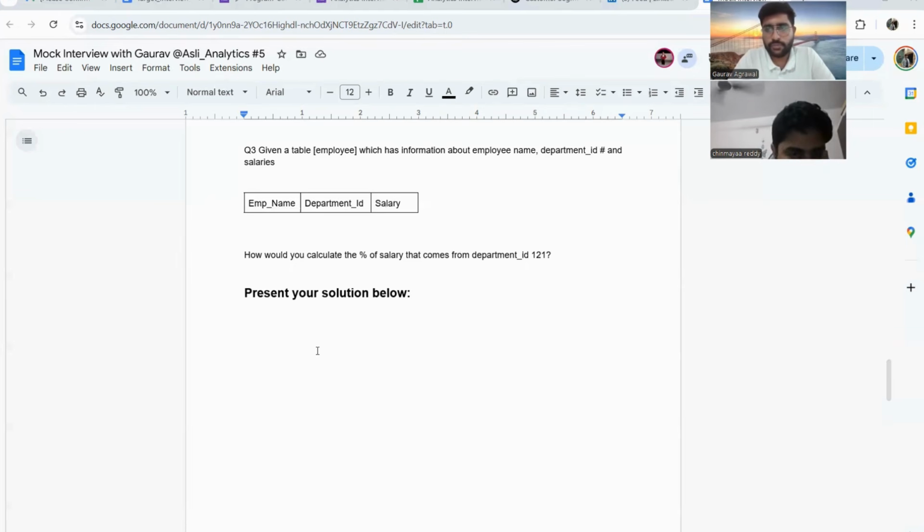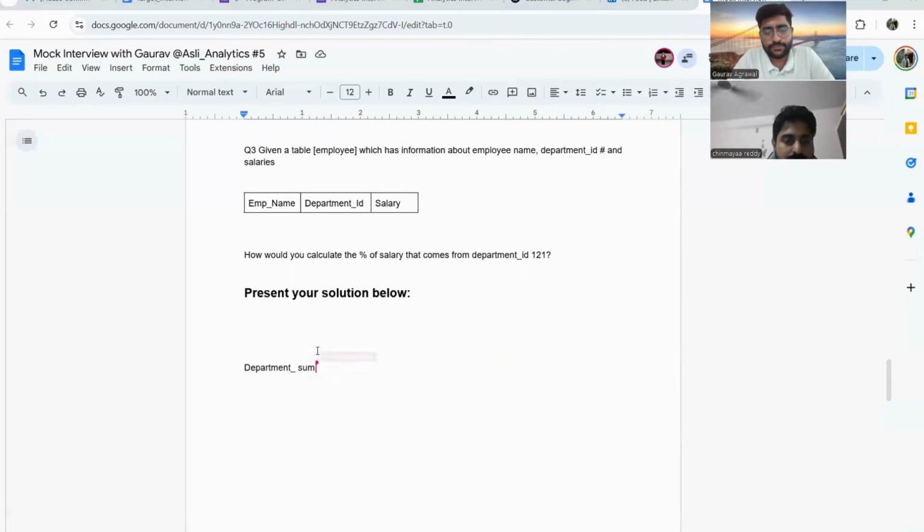Try with pseudocode, don't worry about writing the query. First, I will go by department ID and find the sum of salaries.